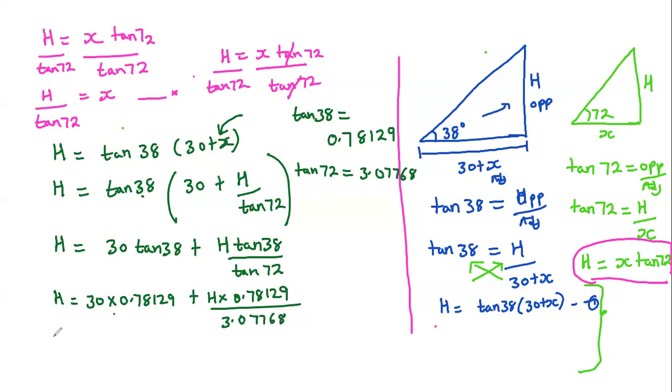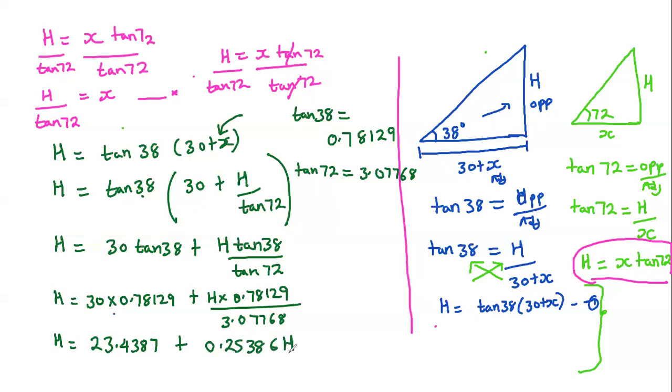3.07768. So you compute, you do your mathematics, h will equal to 30 times 0.78129, which will give you 23.4387 plus, now divide the two here. So you'll have 0.78129 divided by the 3.07768. Yeah, which will give us here